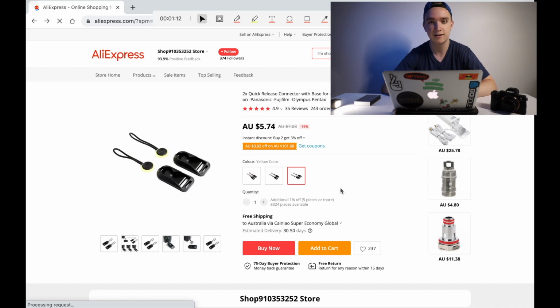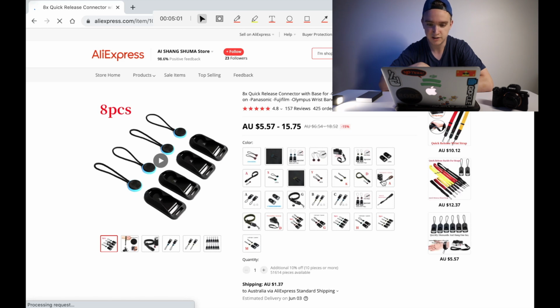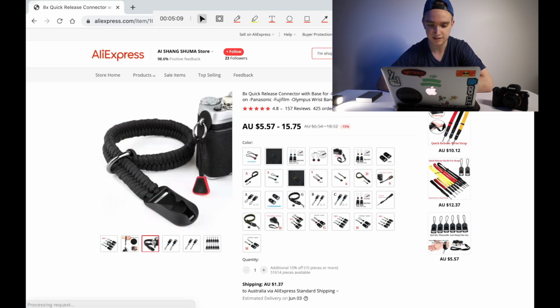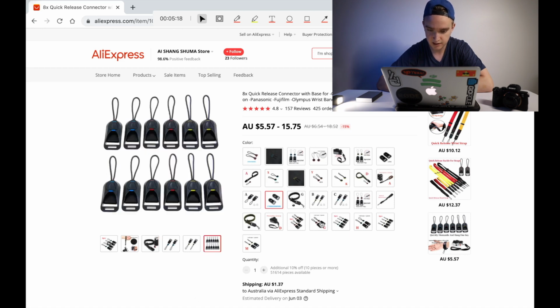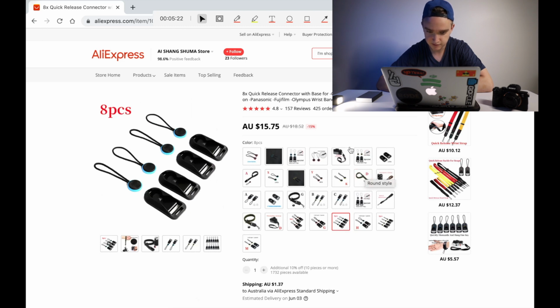Yeah, as you can see, 30 to 50 days, 8 quick release connectors with a base for camera shoulder strap, Sony, Canon, Nikon, Panasonic, Fuji, Olympus wristband. Okay, so this looks relatively good. I mean, they look virtually identical to the Peak Design ones, right? These ones are even triangular. How about that? So I might go with a 4-pack of these. I'm happy to try them out for